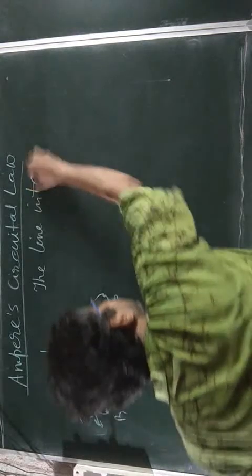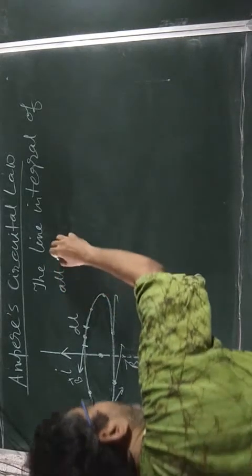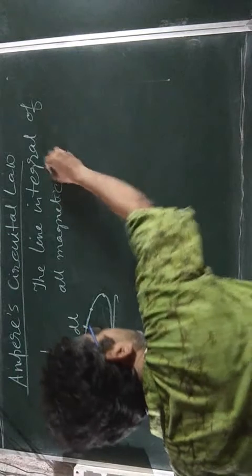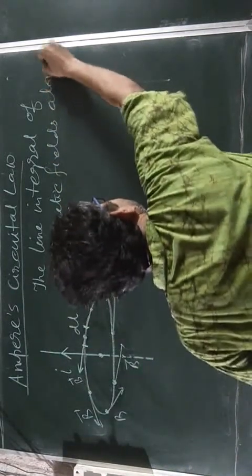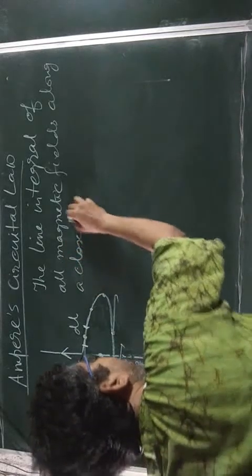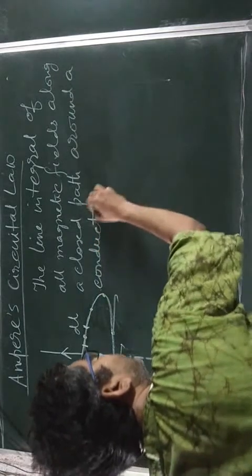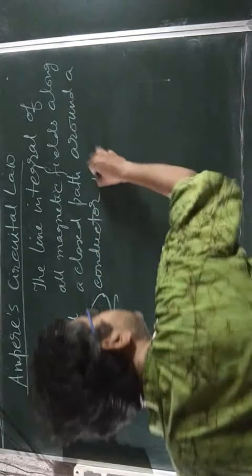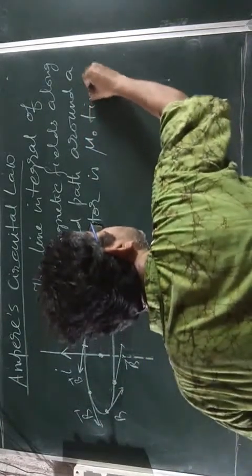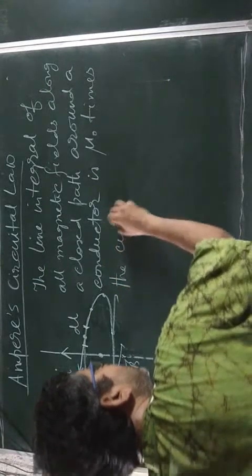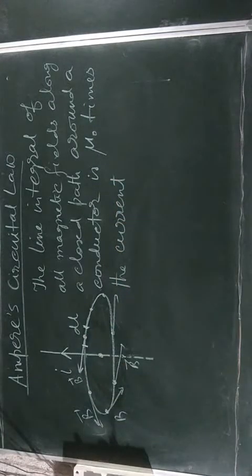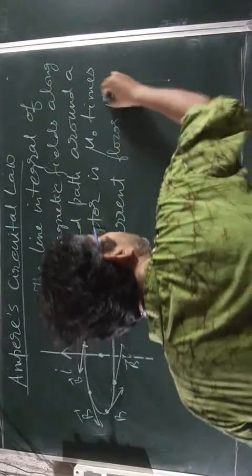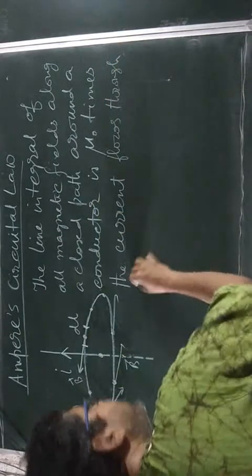line integral of all magnetic fields along a closed path around a conductor is mu naught times the current that flows through it. That means this conductor